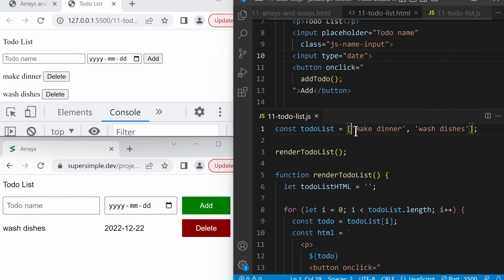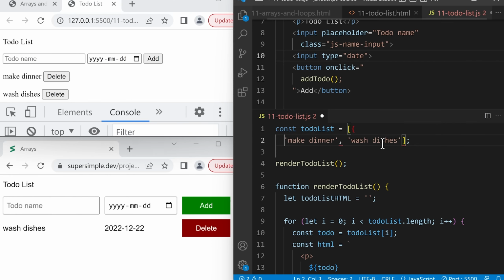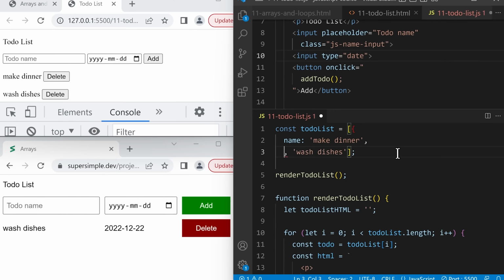So here, instead of just a string, we're going to create an object. And we'll give it a name property, which is make dinner, and we'll give it a due date property. And we'll make the due date a string. So you can type whatever date you have on the page. For me, it's